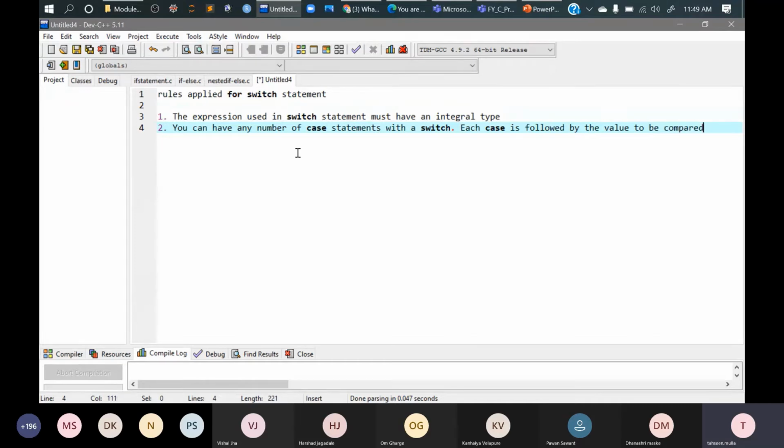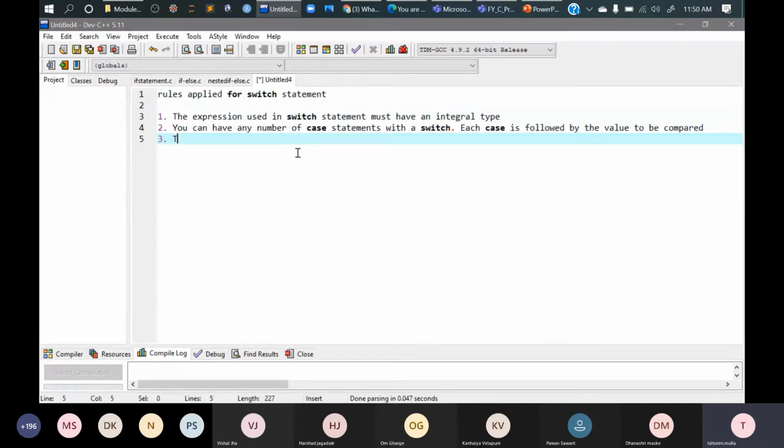The third rule says that the constant expression for a case must be of the same data type as the variable in the switch. There cannot be two different data types that are going to match. If you are going to check for an integer in the switch, the case expression must also be an integer, not a double, float or character.